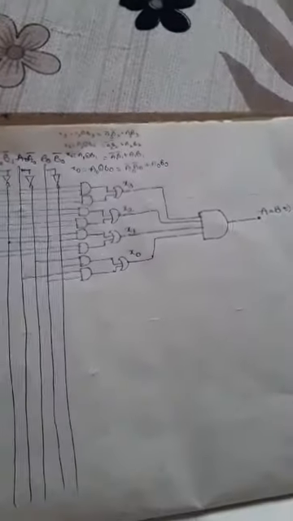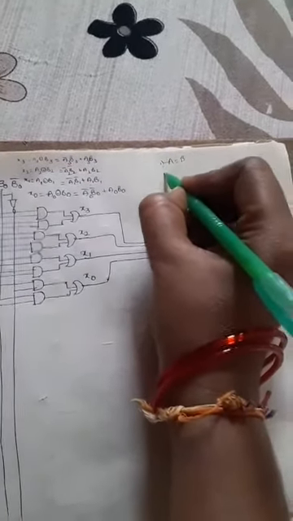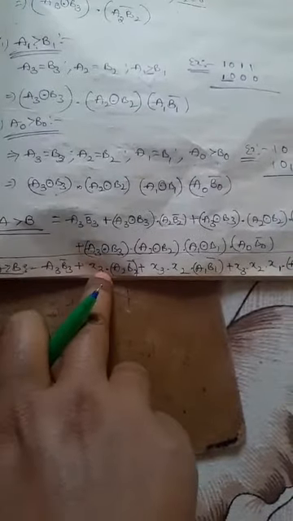Now coming to the second output function, what is the second one? A greater than B. We need to define A greater than B first, and after that we'll go with A less than B. So A greater than B, what is the output function here? The A greater than B output function is this one: A3 B3 complement and x3.